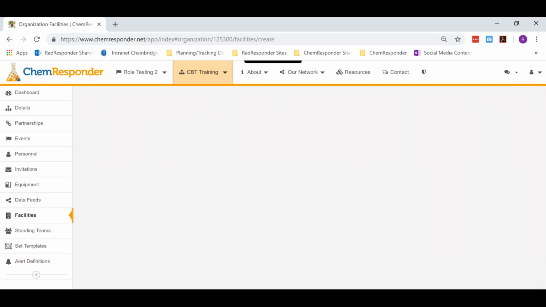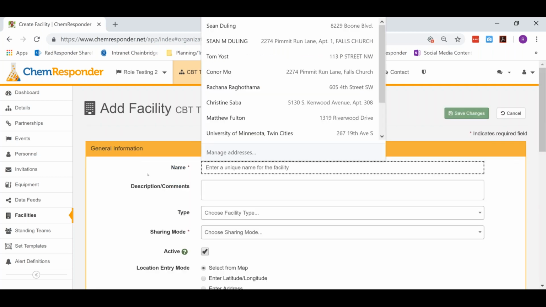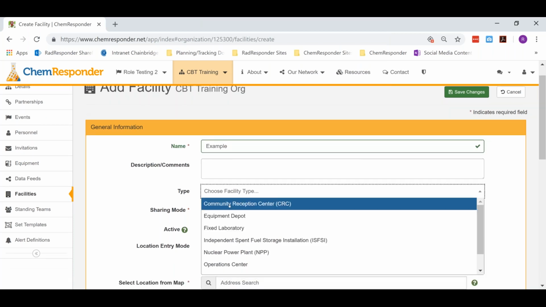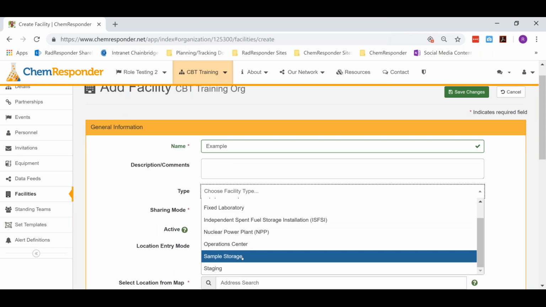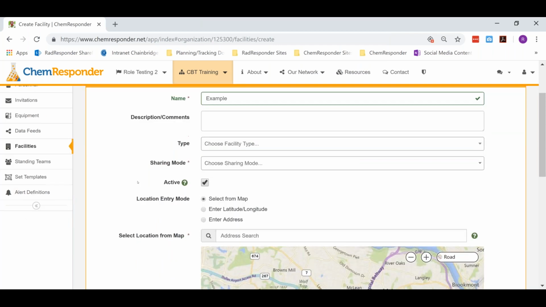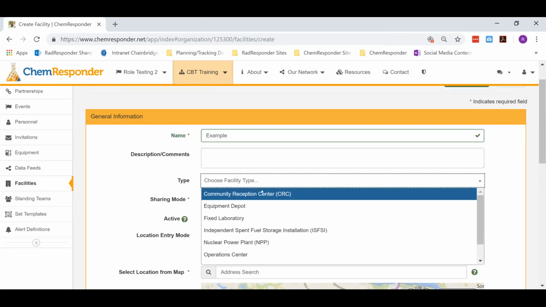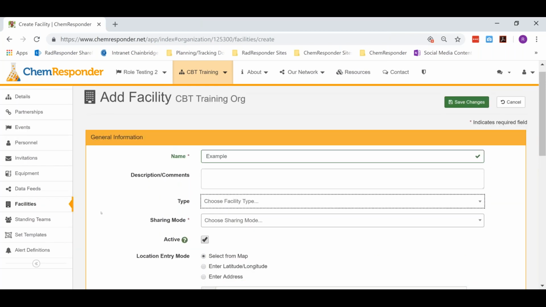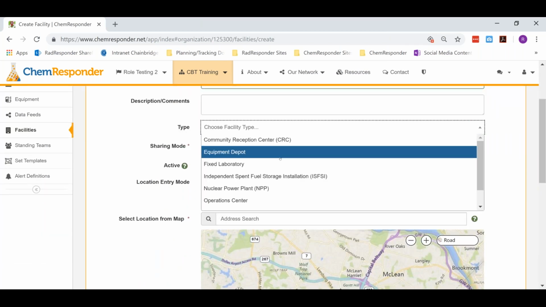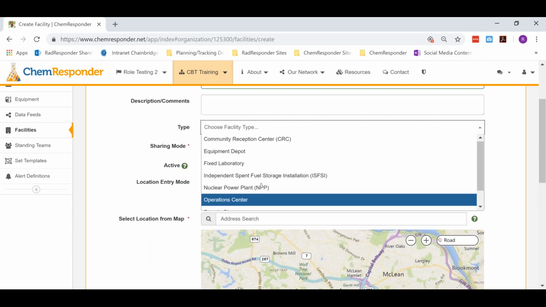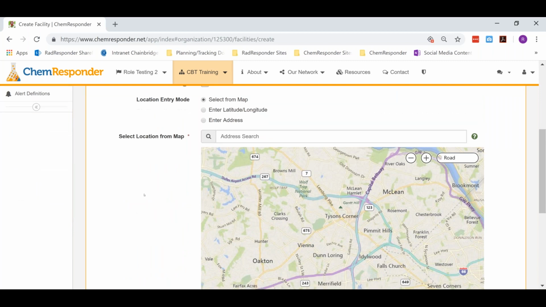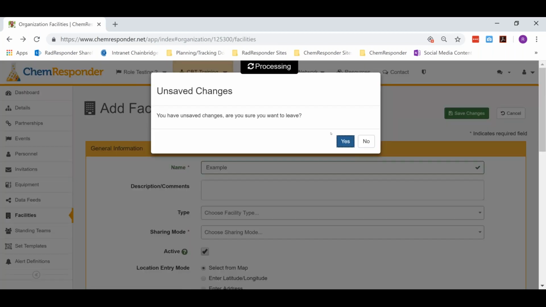So when we add a facility in Chem, I can come in here and name it. I can choose a type. So if I have a chemical storage facility, where is it? Storage. Why am I not seeing chemical? But I can come in here, add this information, add points of contact. Once I create that record,